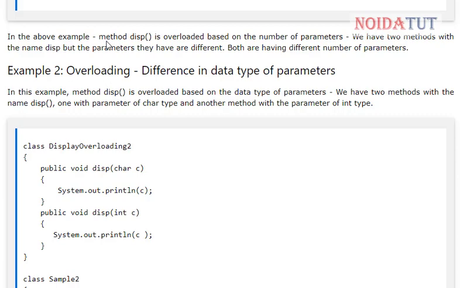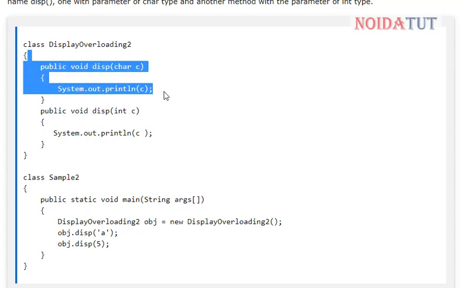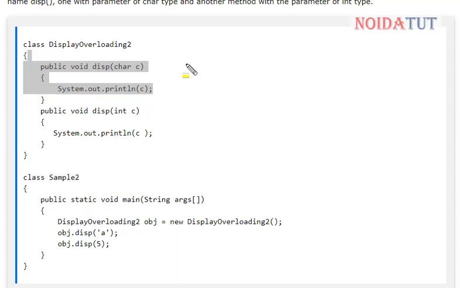Now let us have a look at the difference in data types of parameters. In this example you can see that we have one function void disp with a character type parameter, and another with an integer type parameter.